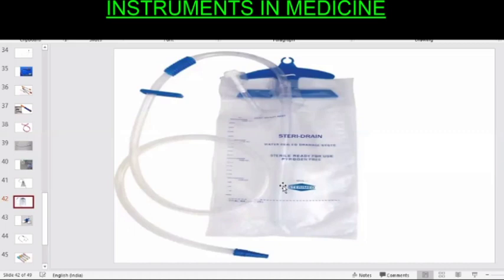And the ICD bag can be kept for a few weeks also. We have seen ICD bags kept for 2 weeks, 4 weeks, or even 6 weeks also. Till your lung expands, till your fluid is drained, you can keep the ICD bag. If you feel the ICD bag has become very unclean, you can change it by disconnecting it from the ICD. But when you disconnect it from the ICD, ensure that you clamp the ICD, otherwise the patient will develop a pneumothorax.